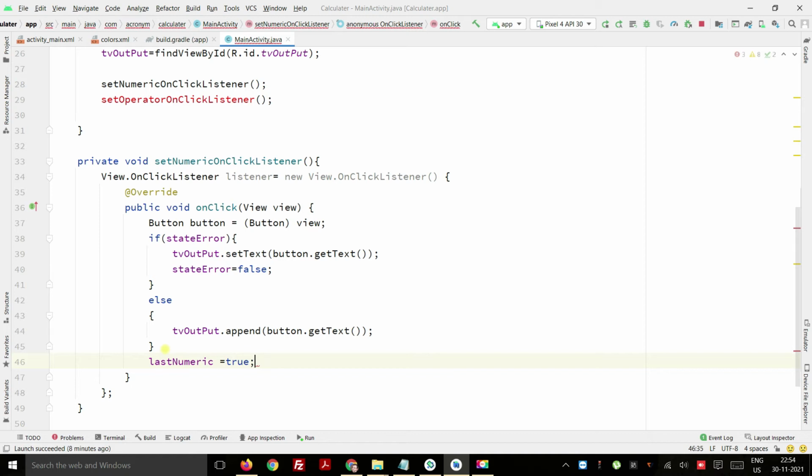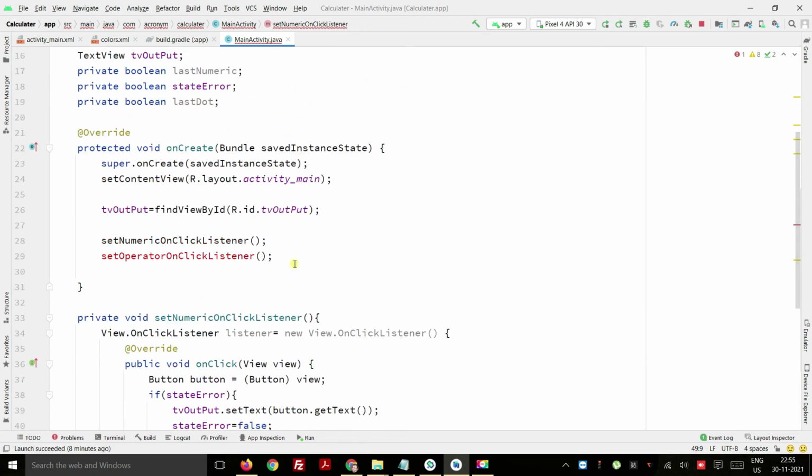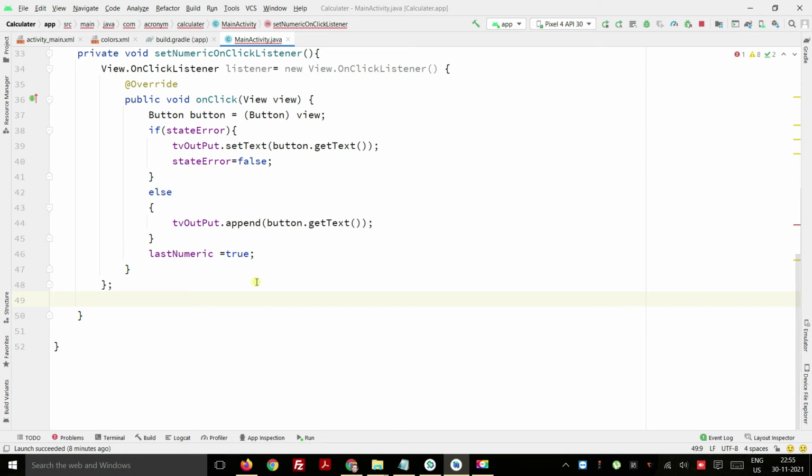Now going ahead, after coming out from here, we are going to assign the listener for all the numeric buttons, because we have to check it for every button press. There is another method, where you use the click method for all, or you can make it one by one. So I am going to use a for loop here, which will help us identify all the numeric buttons.